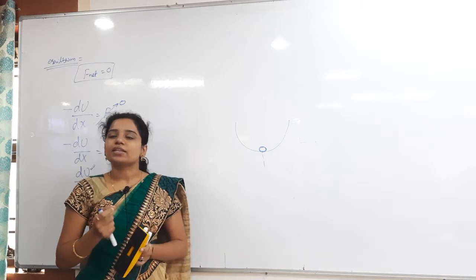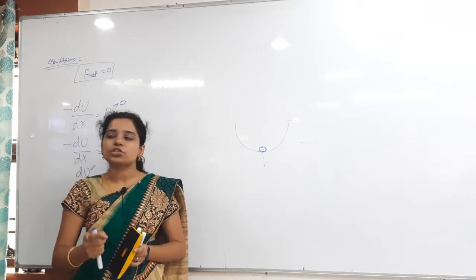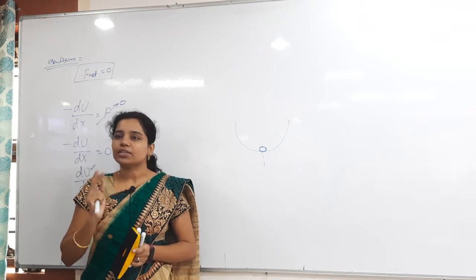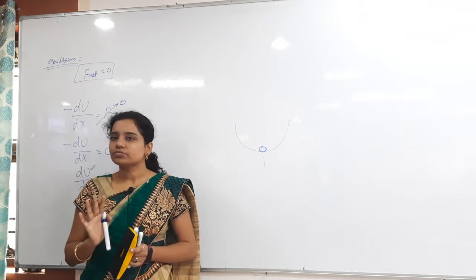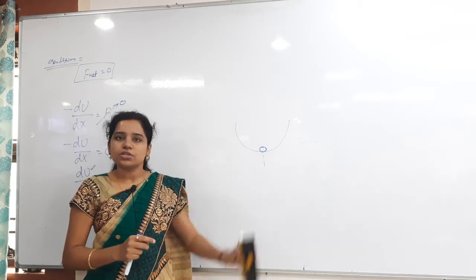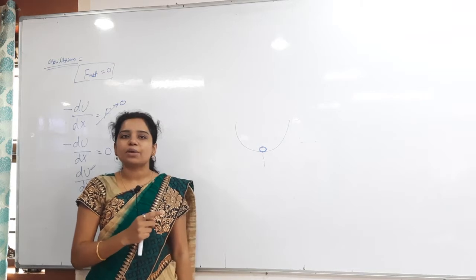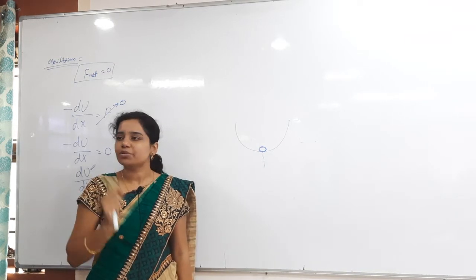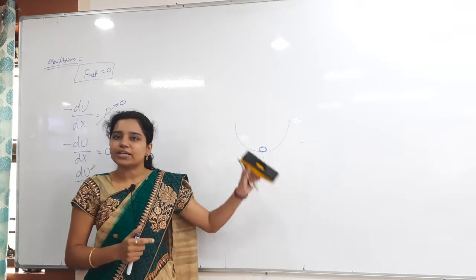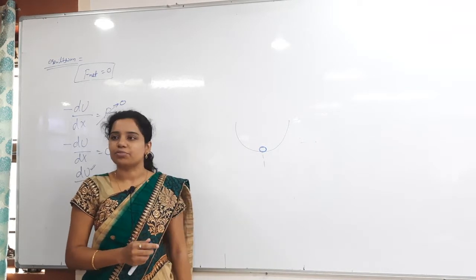Stable. See that the body is having a tendency to come back again. That equilibrium we call stable. At the end of the day it is becoming stable. Understand, right? So after a number of oscillations, what happens? It will come to the equilibrium state again. So it is becoming stable again. This kind of equilibrium we call stable equilibrium.